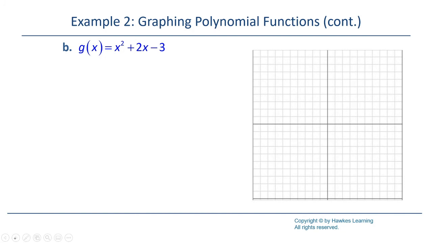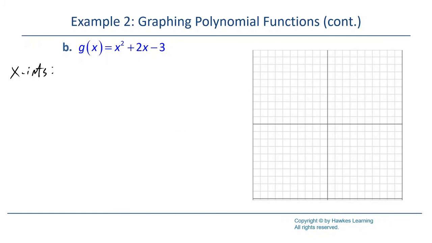So now what if we do x squared plus 2x plus 3? Or minus 3, sorry. So again, we'll start with x-intercepts. Difference here is it's not factored yet. Jumped ahead to the end. x squared plus 2x minus 3 is equal to 0. So first thing I've got to do